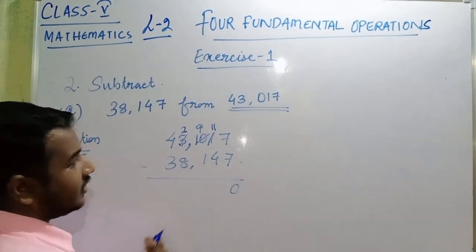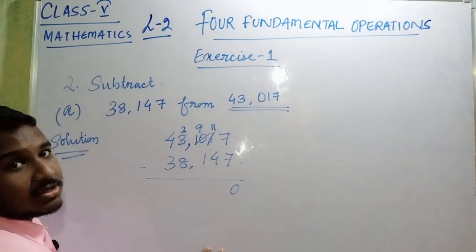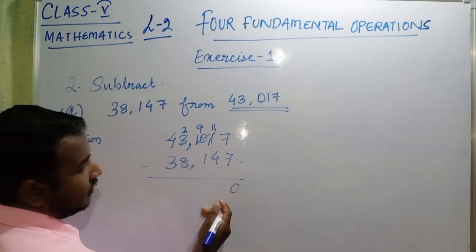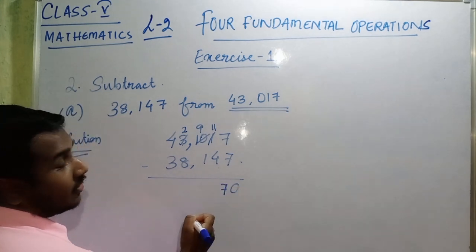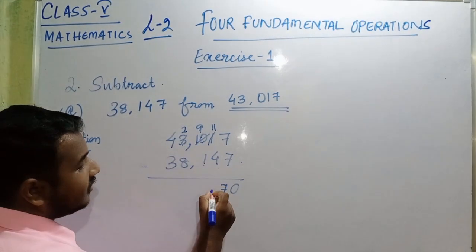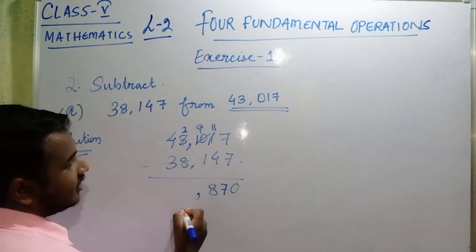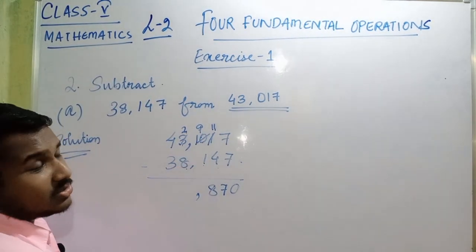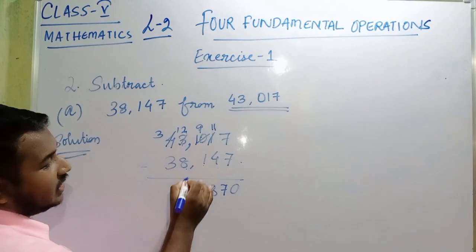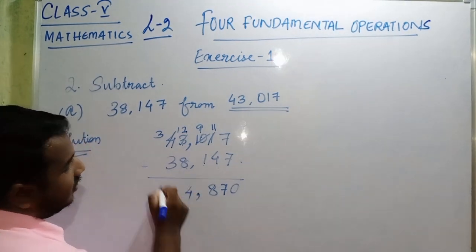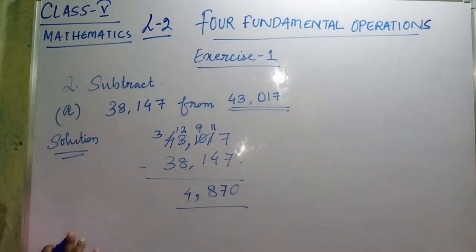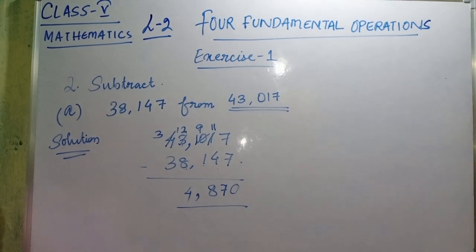Understood? This you have already studied. 1 you have to carry from here. Yes or no? Next. 11 minus 4 becomes 7. Yes or no? Then 9 minus 1. See, 9 minus 1 directly you can write. It becomes 8. Then comma is there. Now again 2 and 8 is there. It is not possible. So from here we will take one more. So we will get here 12. So 12 minus 8 becomes 4. Then 3 minus 3 is 0. Don't write. If you want to write, then you may write. So this is done. Simple subtraction.